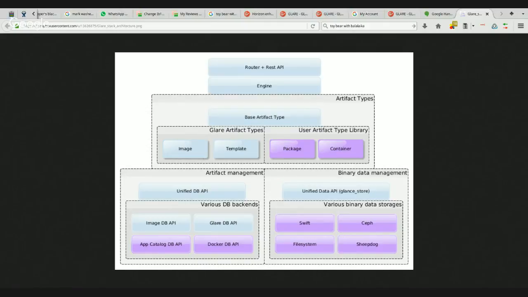Glare's interaction with DBs is implemented with a Unified DB API, which contains methods like getById, create, getAll, setTag, etc. Each type interacts